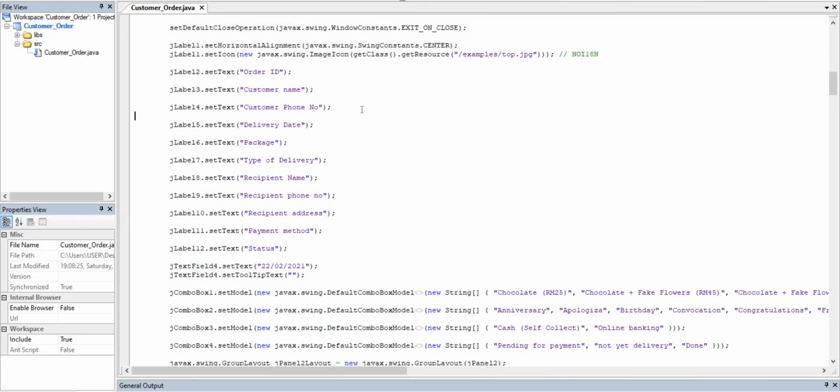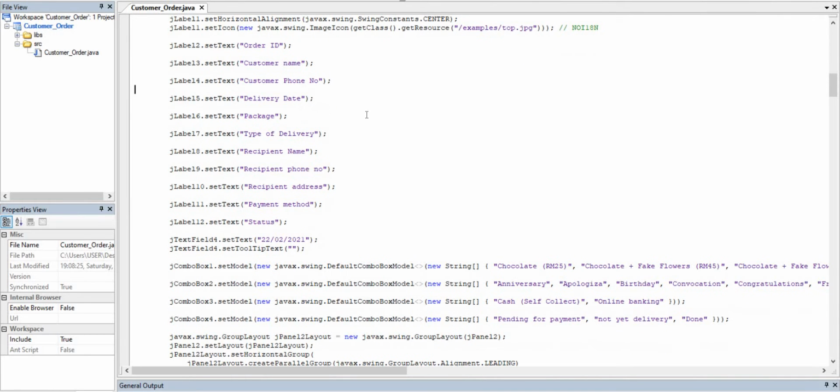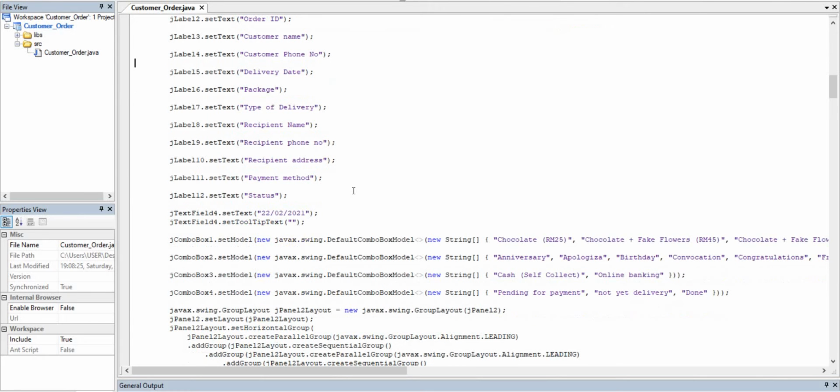JLabel 2 is order ID, JLabel 3 is customer name, JLabel 4 is customer phone number, JLabel 5 delivery date, JLabel 6 is package, JLabel 7 type of delivery, JLabel 8 receipt name, JLabel 9 receipt phone number, JLabel 10 receipt address, JLabel 11 payment method, and JLabel 12 is status.